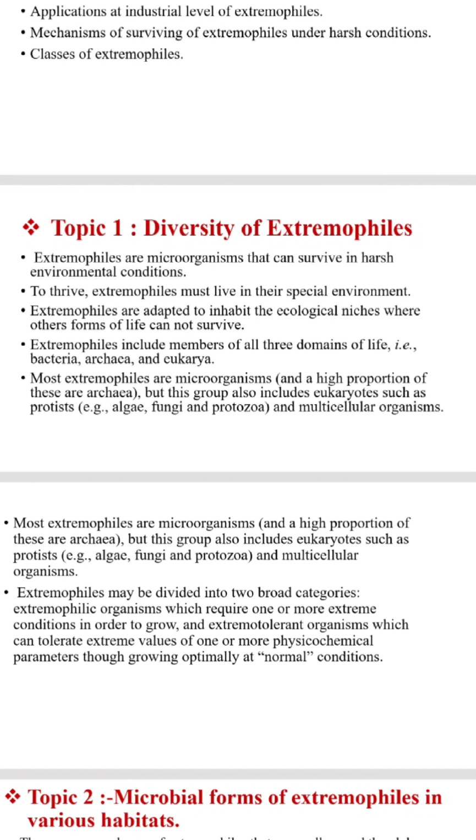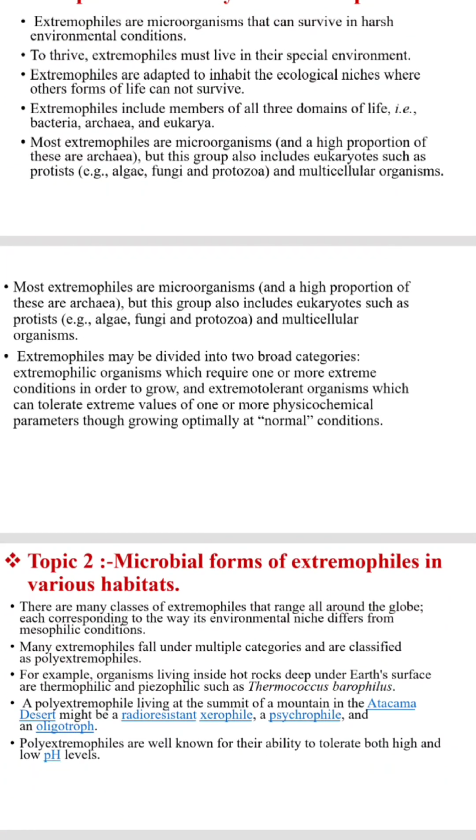Most extremophiles are microorganisms and a high proportion of these are archaea, but this group also includes eukaryotes such as protists, that is algae, fungi and protozoa, and multicellular organisms. Extremophiles may be divided into two broad categories: extremophilic organisms, which require one or more extreme conditions in order to grow, and extremotolerant organisms, which can tolerate extreme values of one or more physiochemical parameters while growing optimally